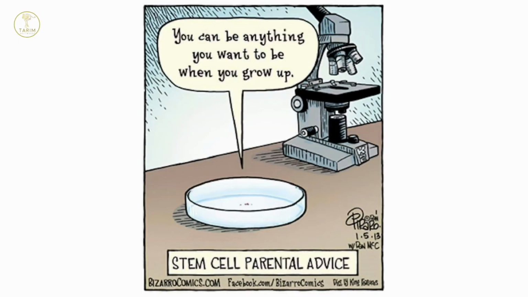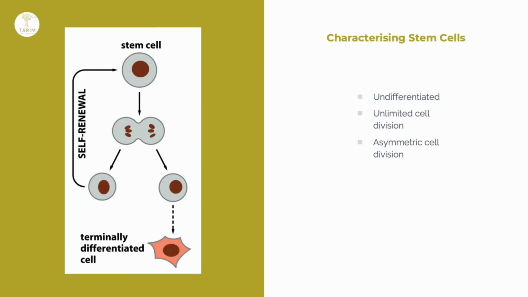And you can also see this by looking at this comic or this meme, where we can think of stem cells to be the cells that can be anything they want when they grow up. But to characterize stem cells a little more, as we already covered, stem cells are undifferentiated cells, but they have more characteristics as well that we need to remember. So they have the capacity to do unlimited cell division, or at least some of them have, while some in a different stage of the stem cell niche or stem cell differentiation have limitations, but this would go into detail, which I will not cover.